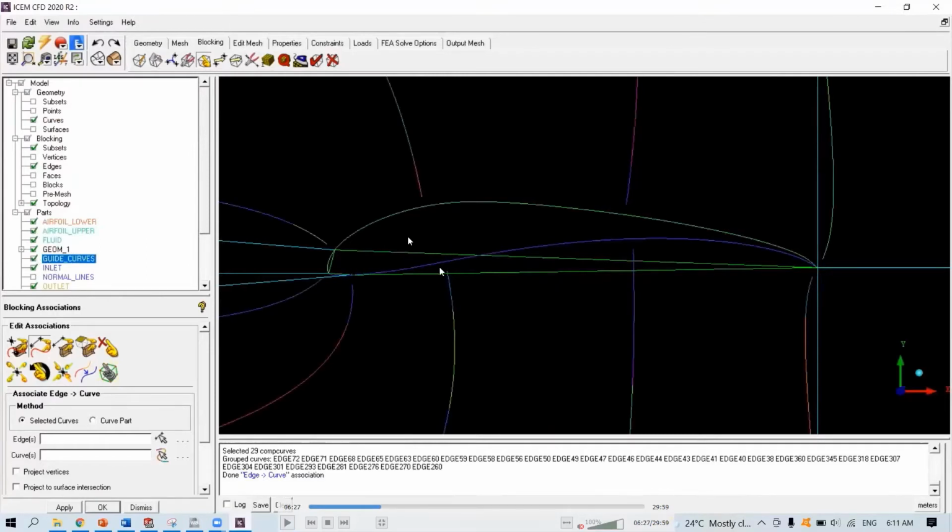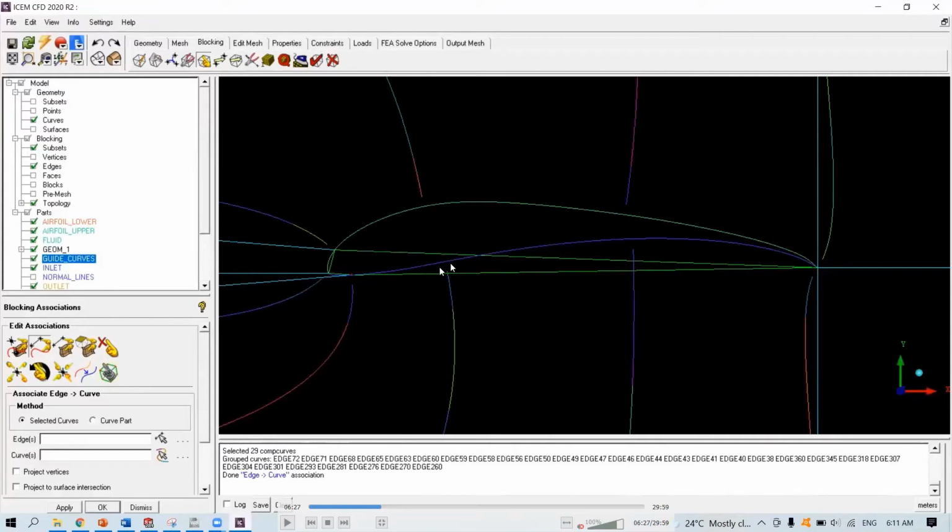Okay, now, like I mentioned just now, after associating to the first guide curve, it will follow the contour. Now we need to split the block so that we can introduce another edge for the top and lower part to follow these guide curves.